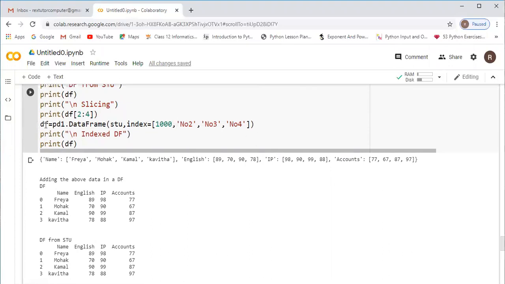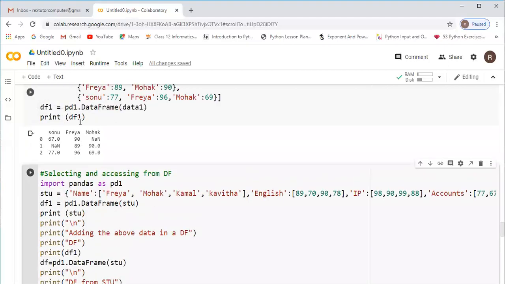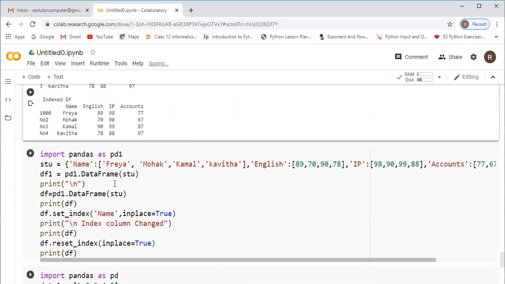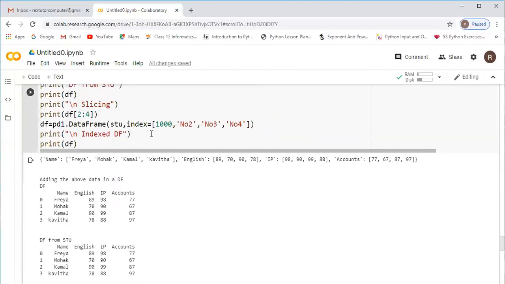The coding is: your data frame object is equal to your pandas object dot DataFrame of where you have stored your data. So the input object is stu, because we have created stu, in which we stored our record. So stu, comma, index is equal to, within square brackets you have to specify the index. If it is an integer index, there is no need to give quotes.